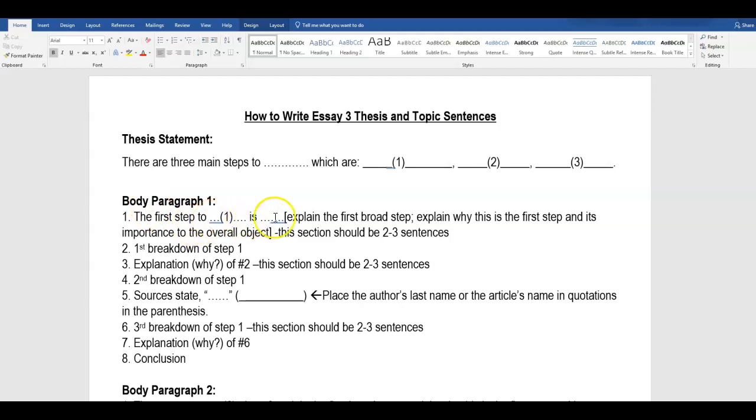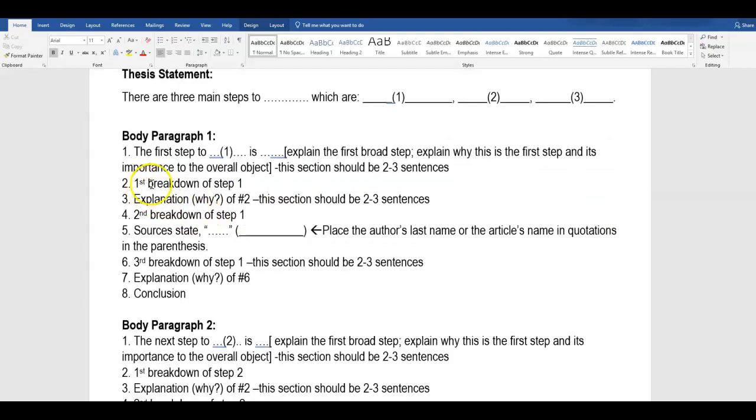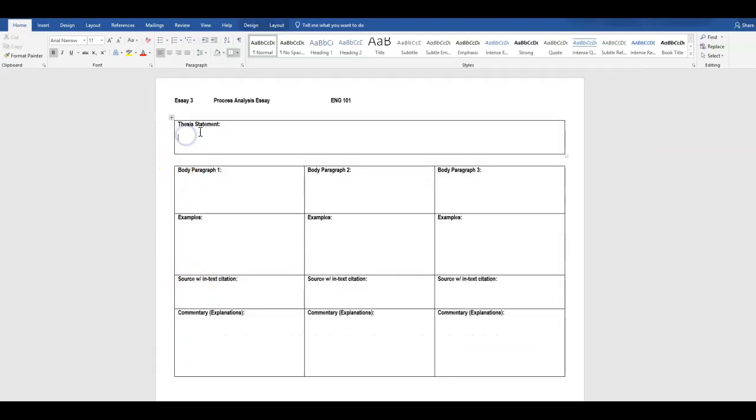The first step to blank is blank. Then in each step, you will break down that step even further in 3 different ways and explain why this step is important to each of the first step options. So if we go with how to find a roommate, for instance, so we'll say the 3 steps to finding a roommate